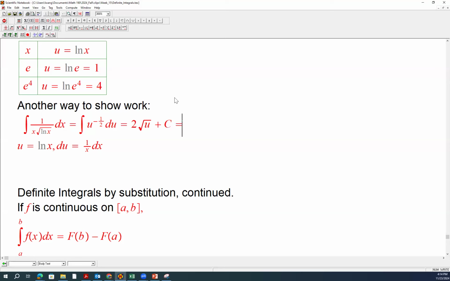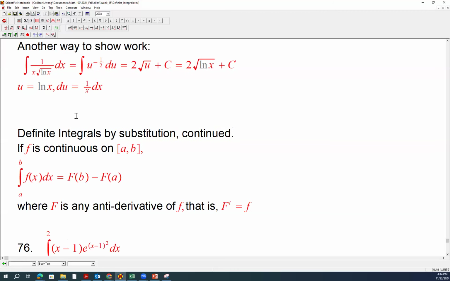Last but not least, we're going to have to substitute u back. And u was ln x. After this is done, we're going to apply the fundamental theorem of calculus. We're going to choose an antiderivative, capital F. You can say let capital F